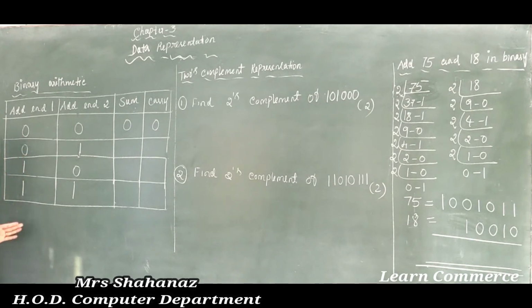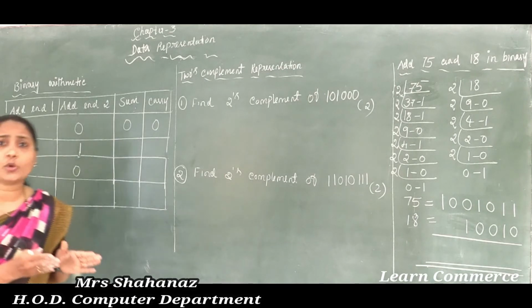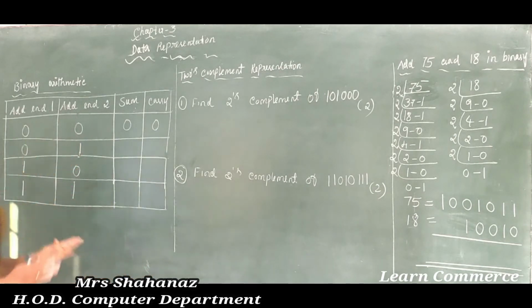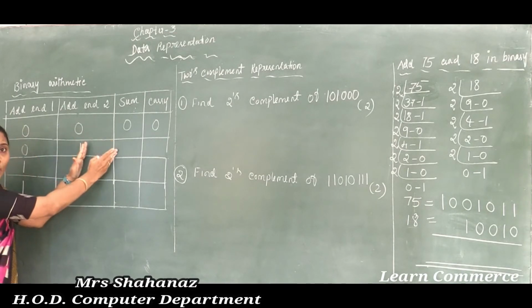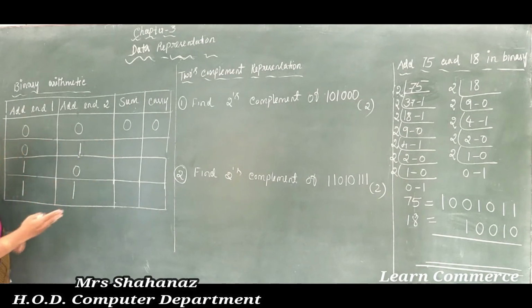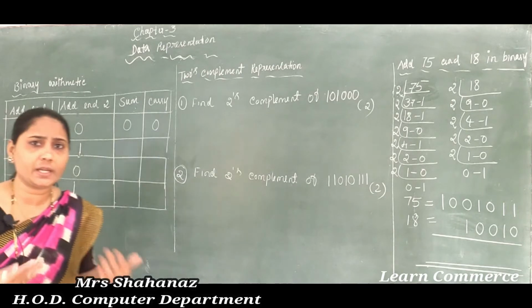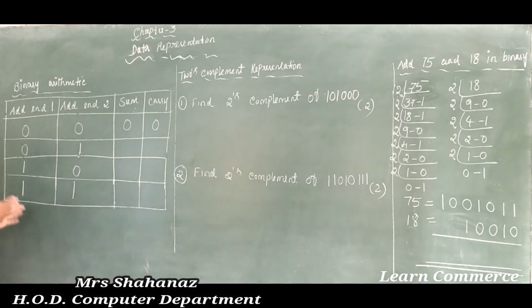Maybe you are taking 2 variables, that means we need to take two columns only. If you are going to take three variables, that means three columns. If you are going to take four variables, that means four columns. You will get all those explanations in second PU also, but now in first year just a two-column table is there.